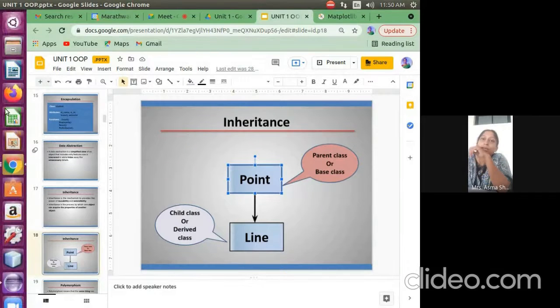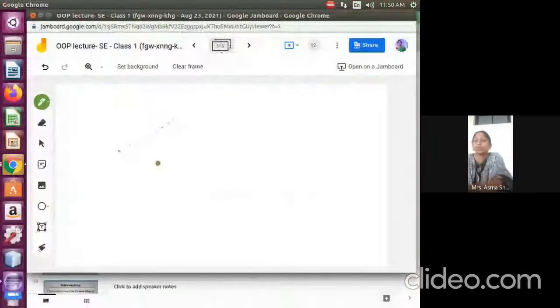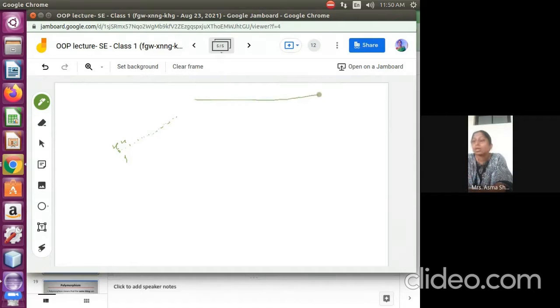I think you are going to see this in CG also, so I'm going to show you this. This is my x, this is y. So all the points have x and y attributes. Hope you understand, or not, I don't know. Is it covered in CG or not? Here, if you see this screen, x is increasing in the horizontal direction, y is increasing in the vertical direction. Whenever it is going down, y increases.